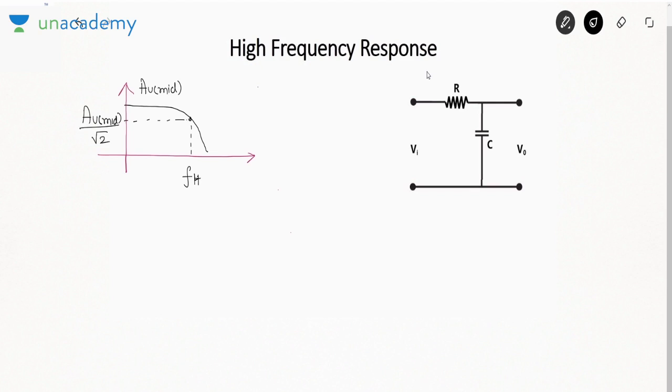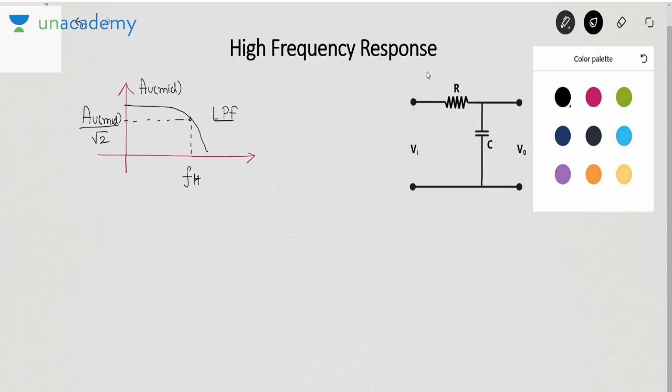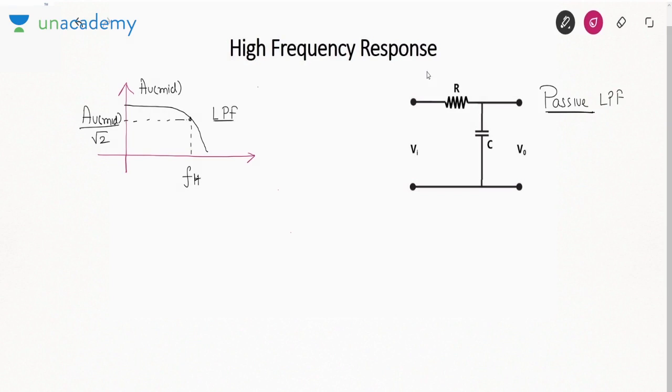Now if you see, this graph resembles the graph of a low pass filter. That is why the circuit that has been drawn here is an example of passive low pass filter. Why am I calling it passive? Because there is no active component such as an op amp or a BJT. Now if you want to find the transfer function of this circuit,